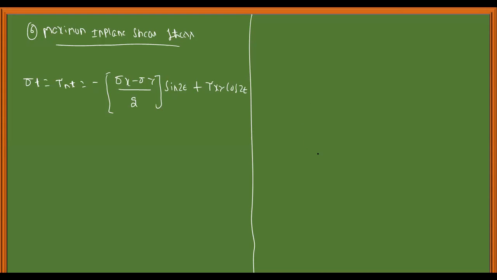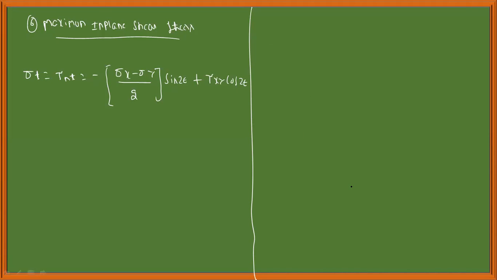Okay, please manage. So this is the maximum inclined shear stress. So what is the convention we followed while plotting the maximum inclined shear stress? If sigma t